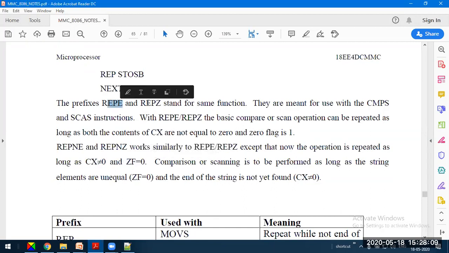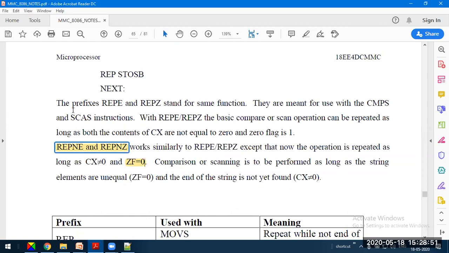REP and REPZ do not check the condition of the zero flag, whereas REPNE and REPNZ not only check that CX is not equal to 0, they also check the zero flag. Repeat not zero means repeat the instruction till the zero flag is set, and till CX becomes zero.